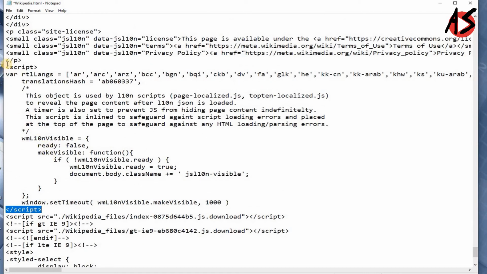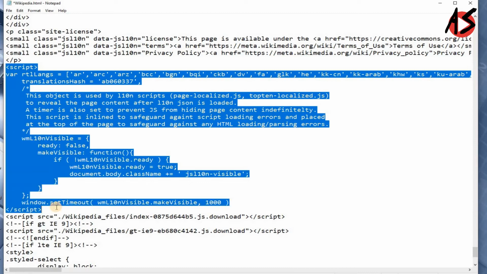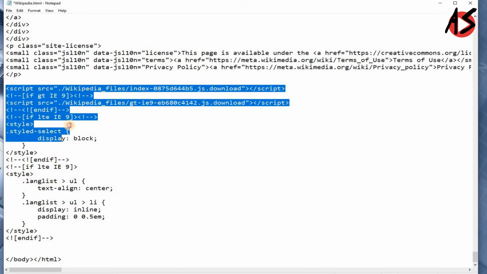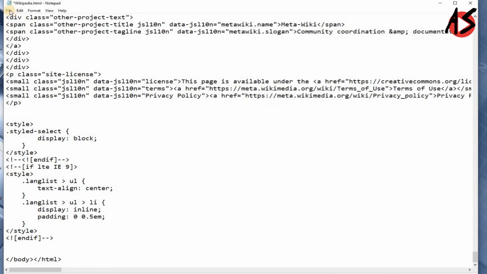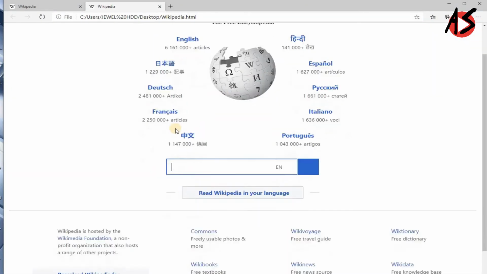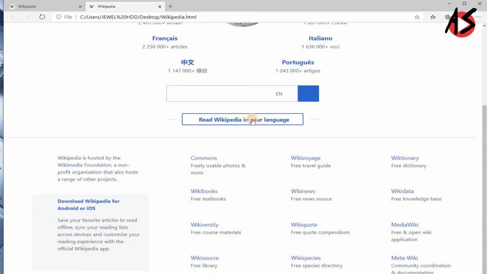You find some more scripts and you delete them, and again you have some scripts here, so we are deleting them, and then we save the page on our local disk, then close Notepad and open the page. After removing the JavaScript, if you try to open the language menu, it's not working.